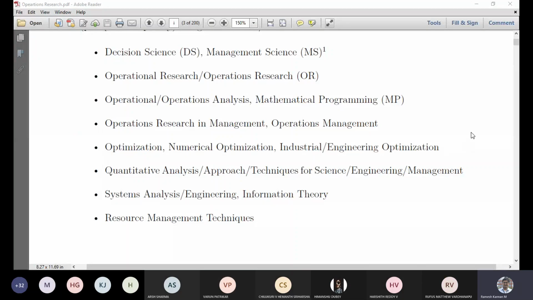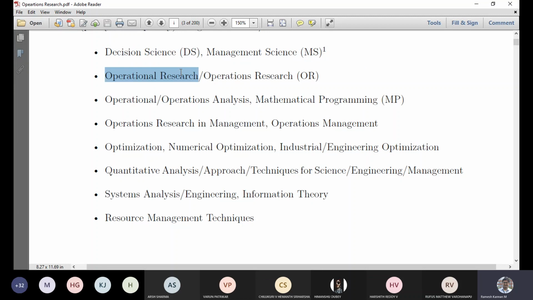Yeah, this is the thing. In fact, operational research is a very important element. Many people call that by different names. Even universities abroad call it by different names. Earlier it was called decision science or management science, as the name suggests, DS and MS. But still, in some universities abroad, they still follow management science and decision science. And then they talked about operational research.